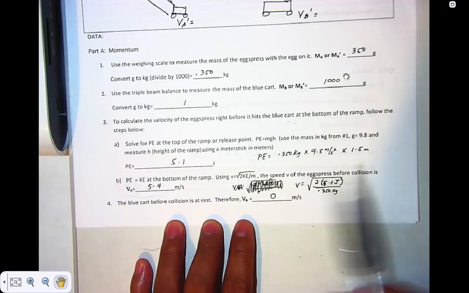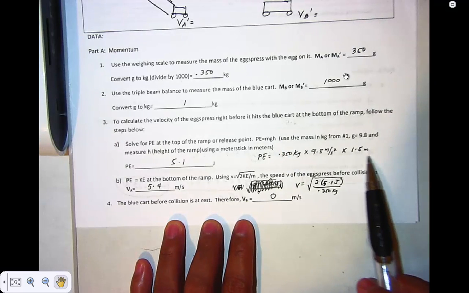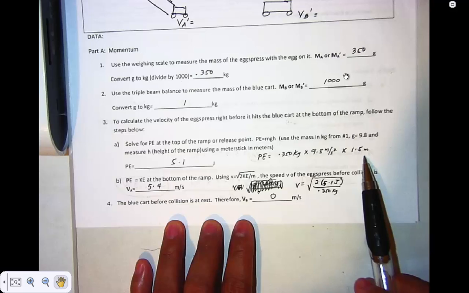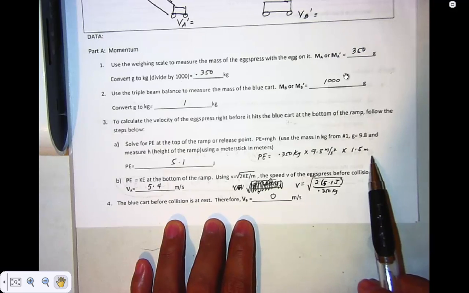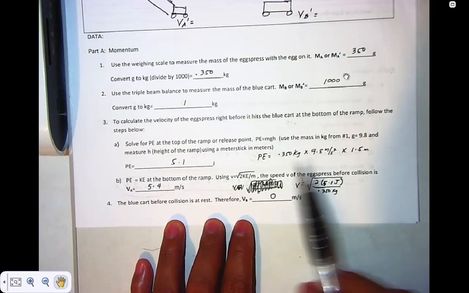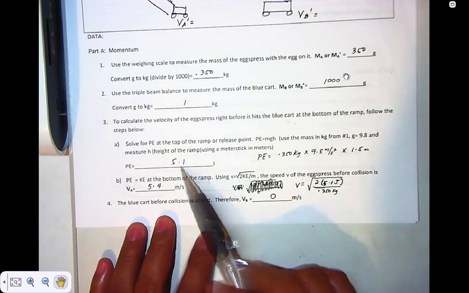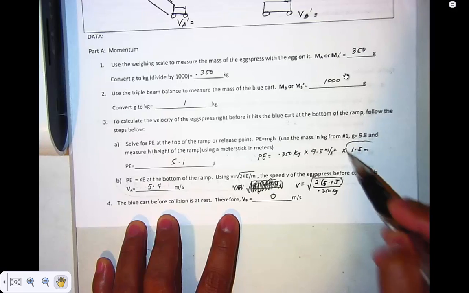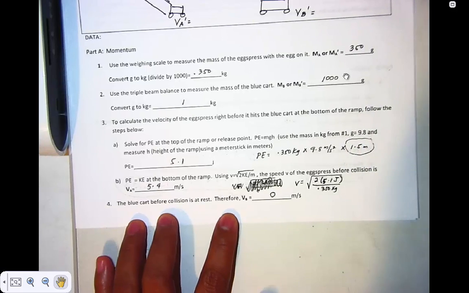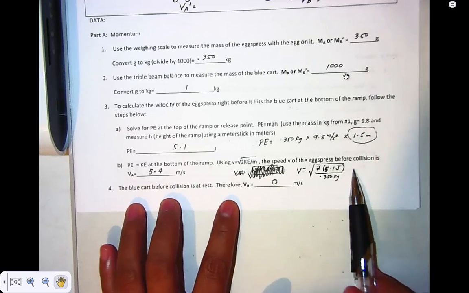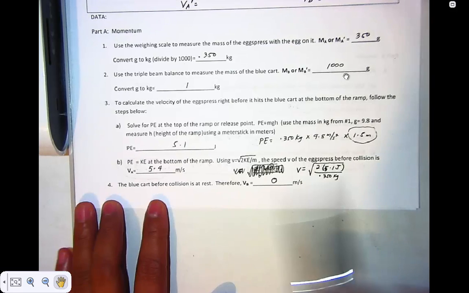So this is just an estimate here because I don't know exactly what's the height of our ramp. Let's say it's 1.5 meters. You multiply that by 9.8 and the mass of your project. So I got PE here equals 5.1. So make sure you measure using our meter stick the height of our ramp from the initial position. Okay, with that,